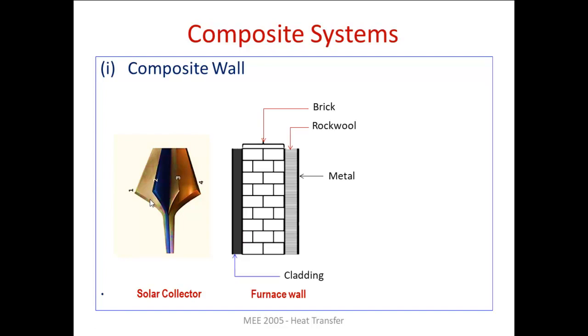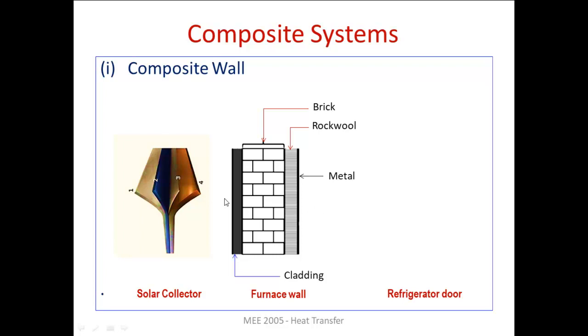Now, in the case of a furnace wall, assume that this is the inner area where combustion takes place. Now, the heat that is being produced after combustion should not be let out. That means we have to reduce the rate of heat transfer from the combustion chamber to the surrounding, for which we will be providing insulation. Now, let us consider this case. Here we have a metal wall, followed by an insulation, then you can see a refractory brick, then finally a cladding. So different materials are being used with different thermal conductivity and different thicknesses. These are used to reduce the heat transfer from the furnace to the surrounding.